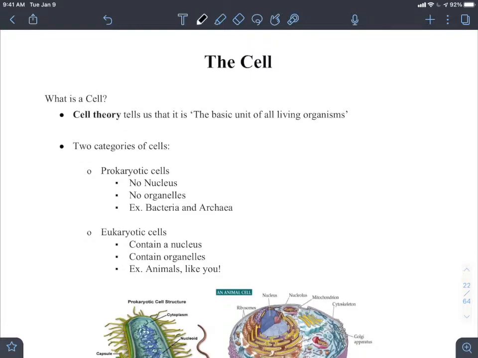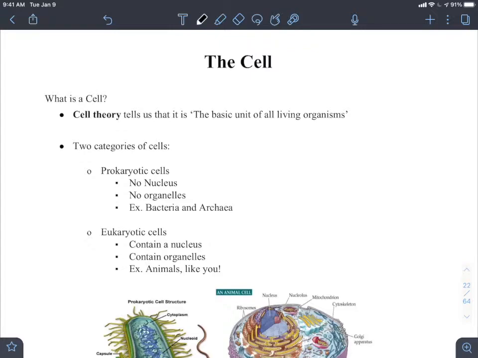So the first part is the idea that the cell is the building block of cell theory. Cell theory is the idea that all living organisms are made of basic units that we call cells. We have not seen any evidence of any other organisms that we categorize as alive. We did talk about what that means to be alive in a previous video. There are no living creatures that do not have a cell.